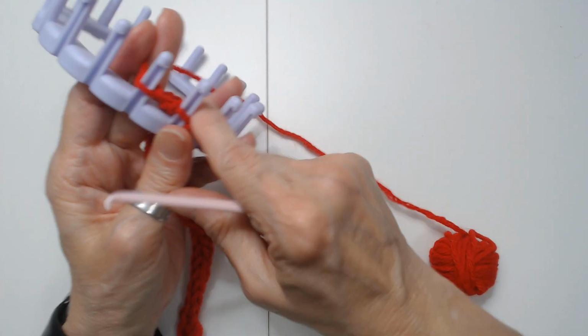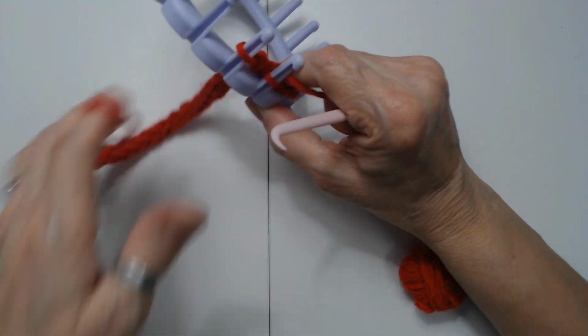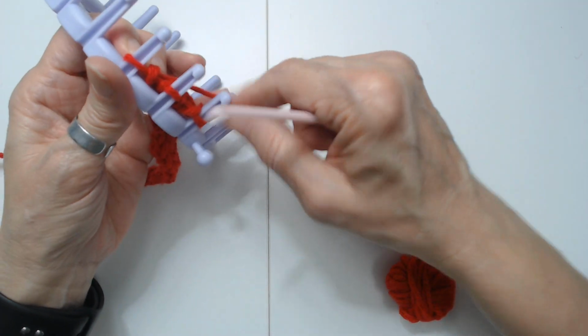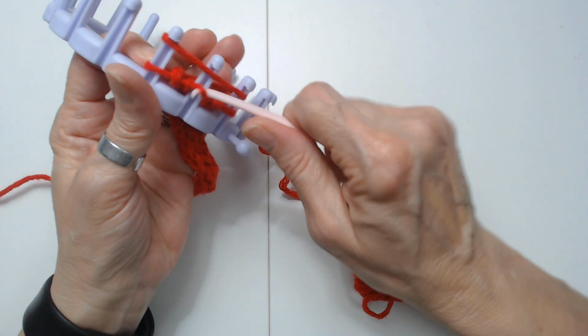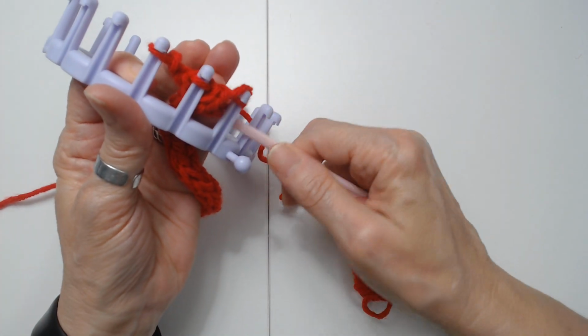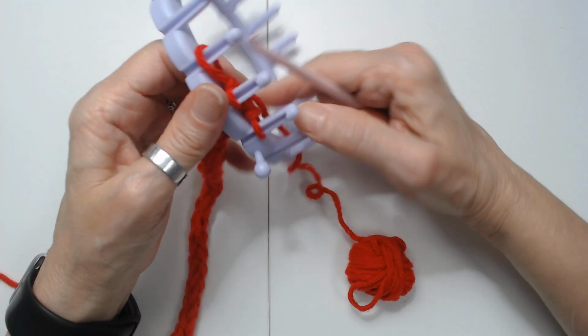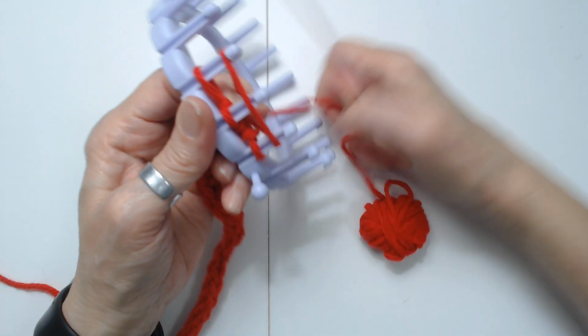I like to make it a little longer so I can tie some little knots down at the end here. So just keep doing the same thing over and over, pushing it down, pulling it there,